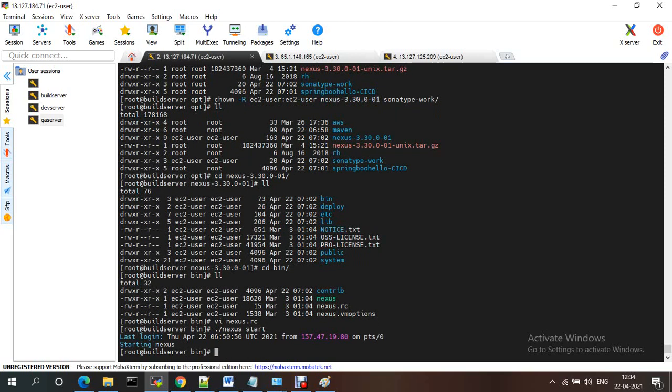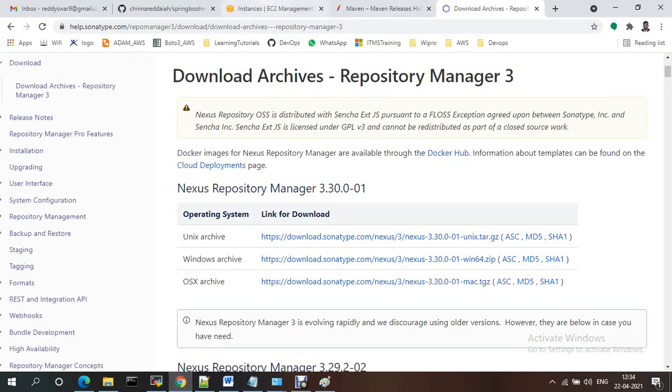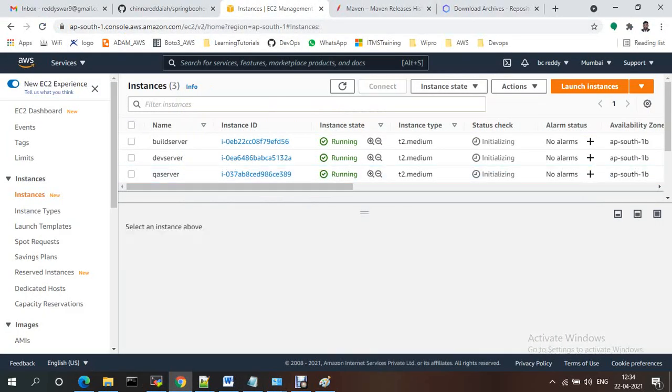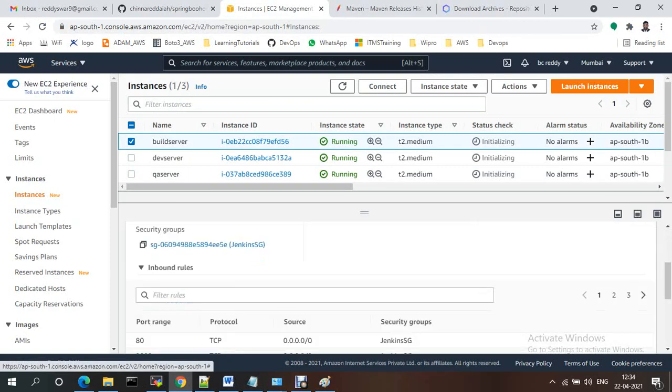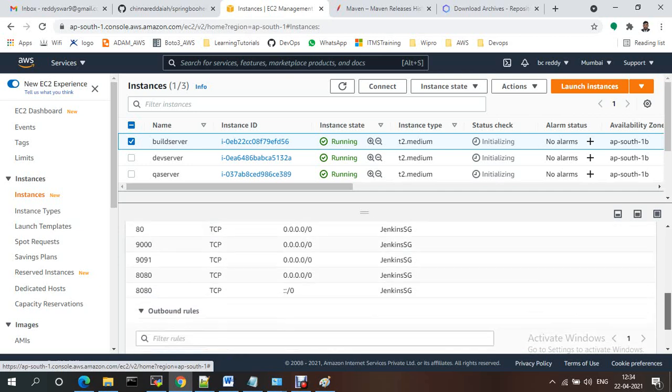Nexus is starting. I already opened the port. You just need to go to the server, and if you want, you can go to security groups. I already opened port 8081.